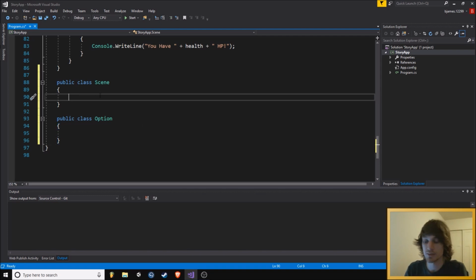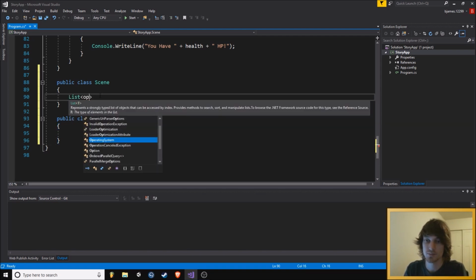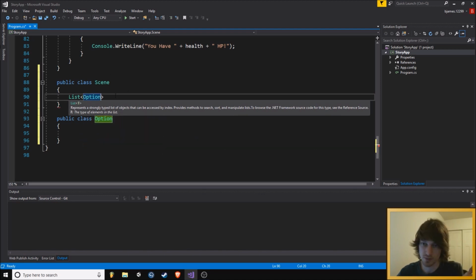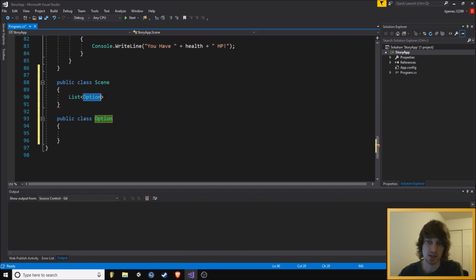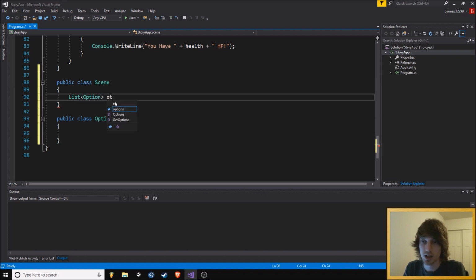So inside the scene, we're going to have a list of options. Now, since this is sort of a tutorial or set of tutorials aimed at newer people who are just getting into programming, a list is essentially a group of objects that are in a specific order. So you can think of it as being just like a grocery list where there's a bunch of different values, except that in a list they're all of the same type. So every single object in this list will be an option. You can make it more ambiguous than that, but that's what we're going to do for now. So options